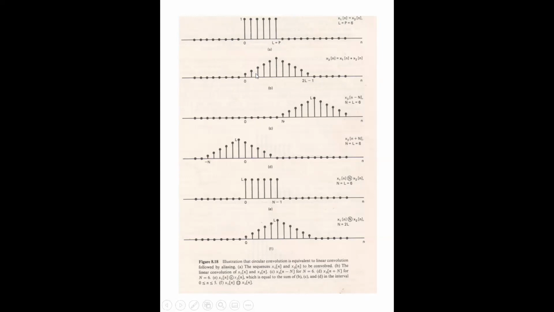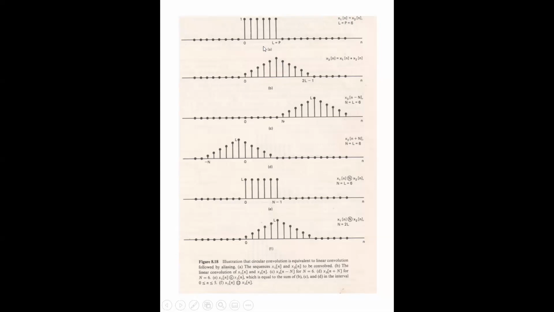Now if you move the second sequence in, then 2 samples overlap, so the product is equal to 2. Then the product is 3, 4, 5. Then 6 will mean that all the samples are overlapping. Then 5 will mean that the second sequence has moved out of the first sequence by 1 sample.